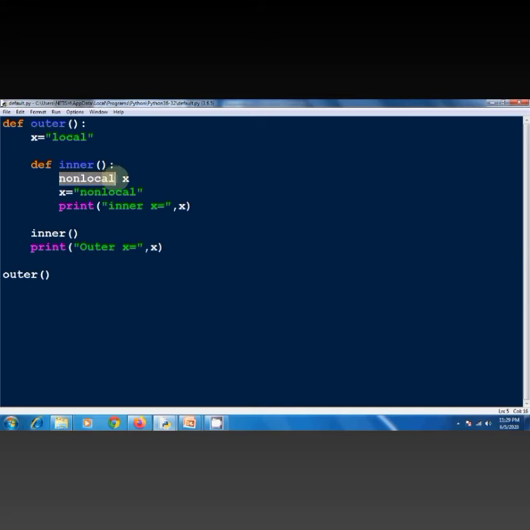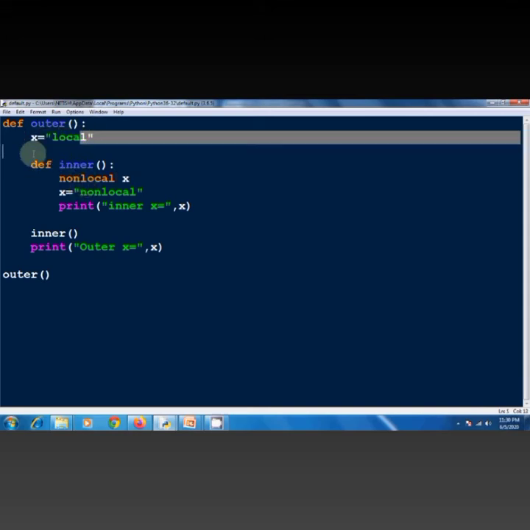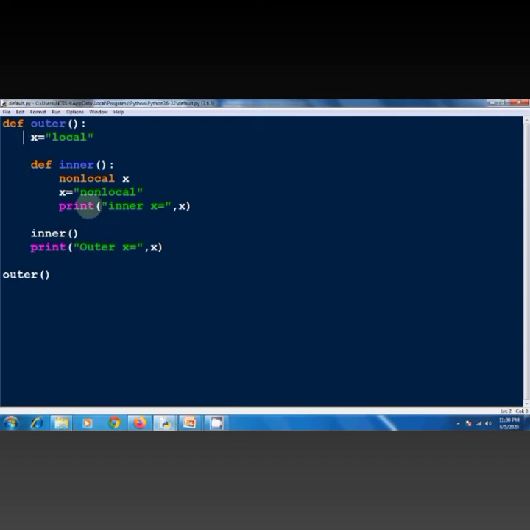The inner function is defined in the scope of the outer function. This whole is the scope of the outer function, and the inner function is defined in the scope of another function, that is the outer function.